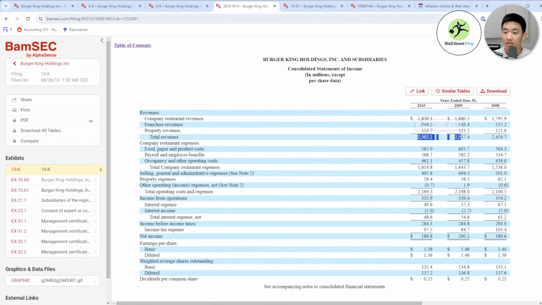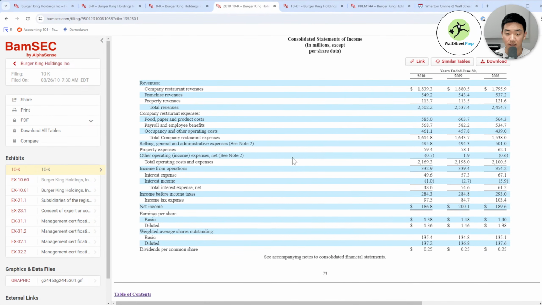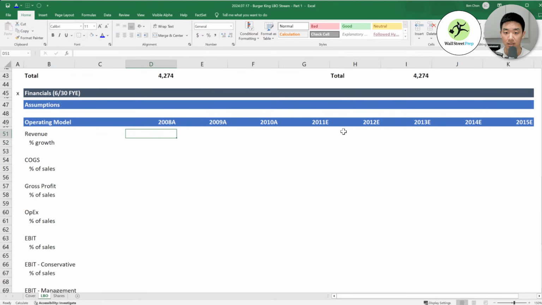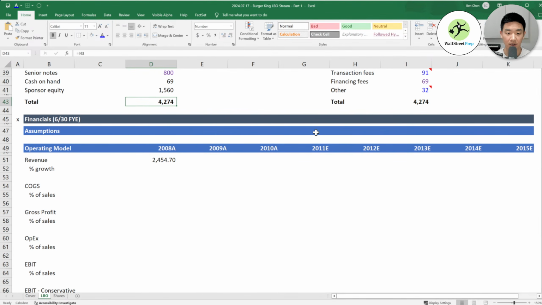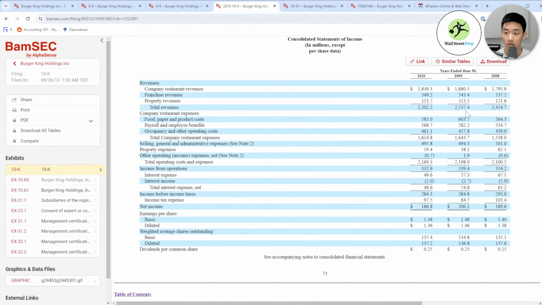Okay, but to look at as you guys are doing that, the numbers here are in the financial statements. This is the 10K. Best practice is always to copy paste. It's very, very tedious, but it will save you from making a ton of errors. So 2502.